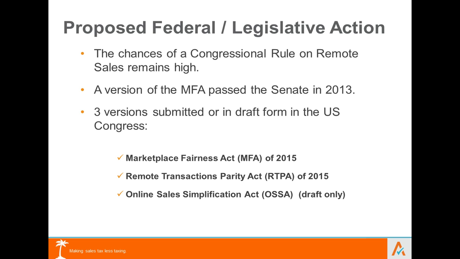I was going to talk, and I will talk a little bit. We did, a couple weeks ago, a presentation, kind of a mate to this one, which talked about potential federal action, Marketplace Fairness Act, that sort of thing. I'm not going to spend as much time on that. In fact, we're going to suck up those 10 minutes you guys wasted listening to that music and skip over this stuff. Suffice to say, there is potential in the U.S.